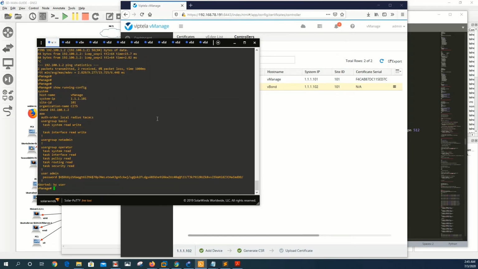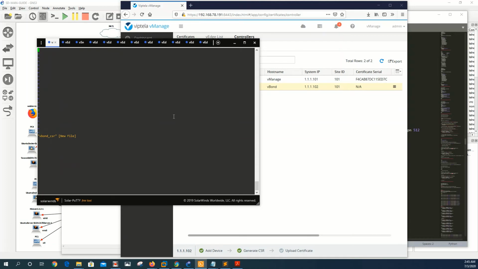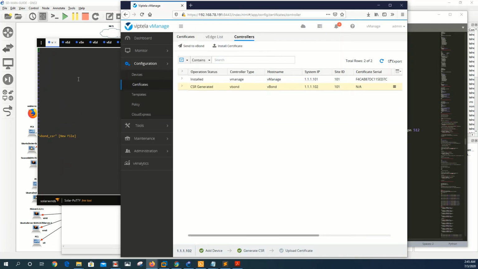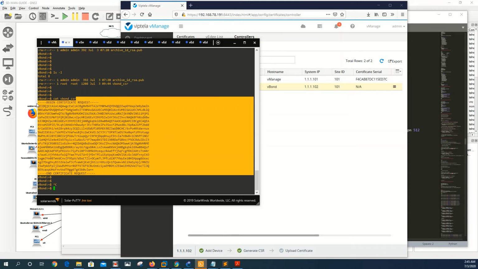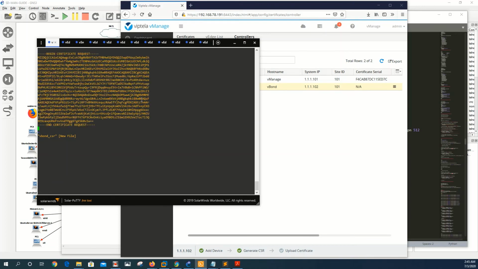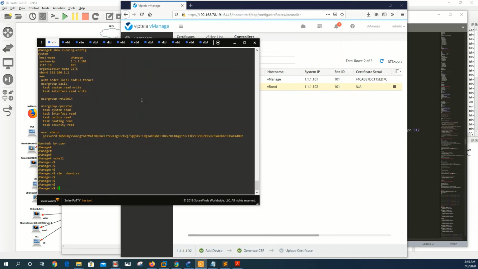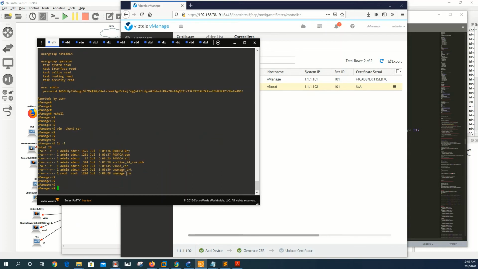We need to create a file named vbond CSR, and then we come back to vbond, we copy this, come here, escape, i, type in there, escape, colon x a, ls -l. Now it is saved